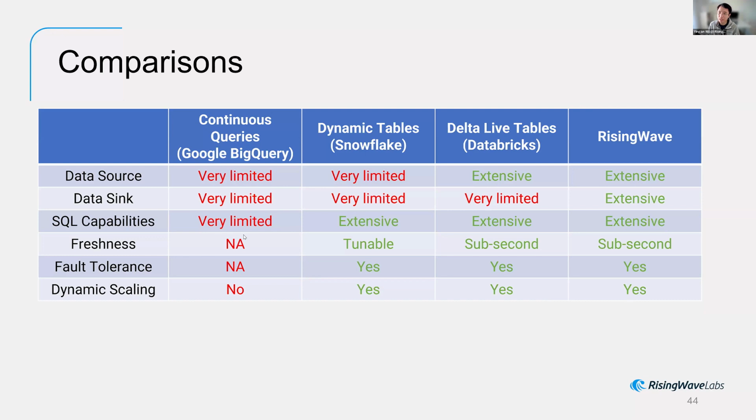Okay, another question is that there are two ways to achieve unified batch and streaming in various systems. One is through a unified computation engine, and the other is using various storage formats like Hudi, Delta Lake, and Iceberg. How do you compare these two ways of unifying batch and streaming? I believe that most query engines in the future, if they are future facing, will support both batch processing and stream processing. For example, in RisingWave, we support both batch processing and stream processing.